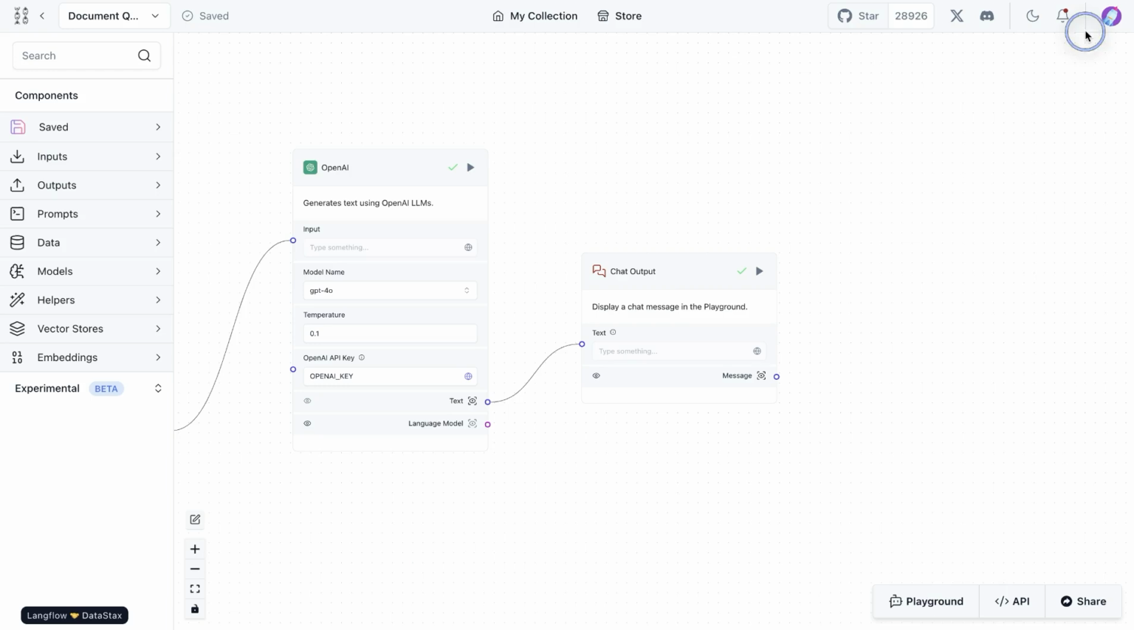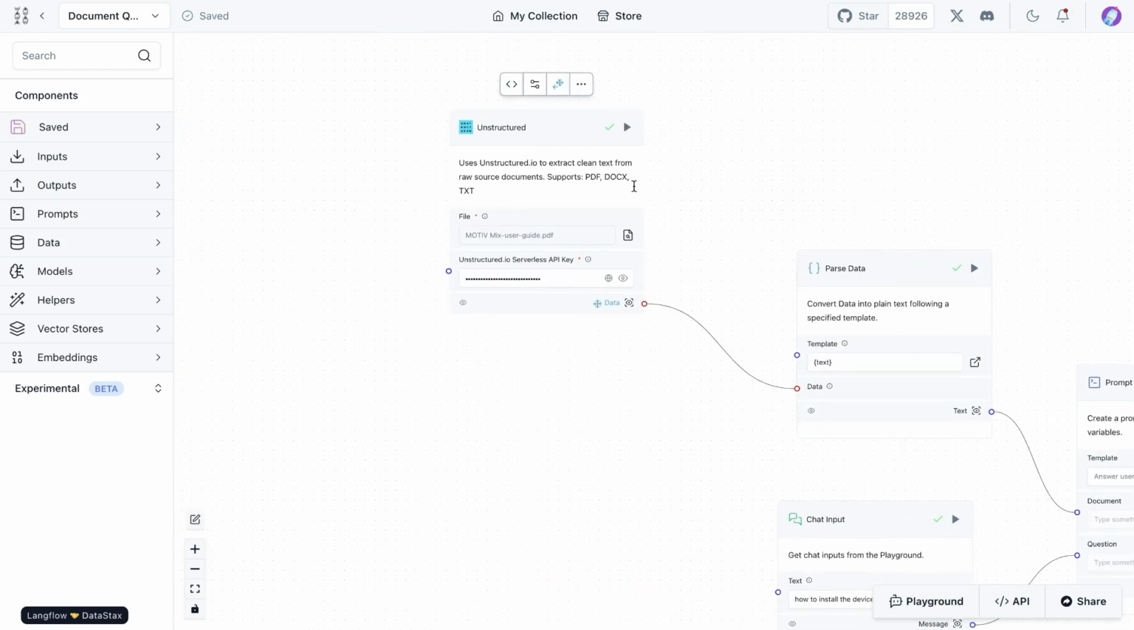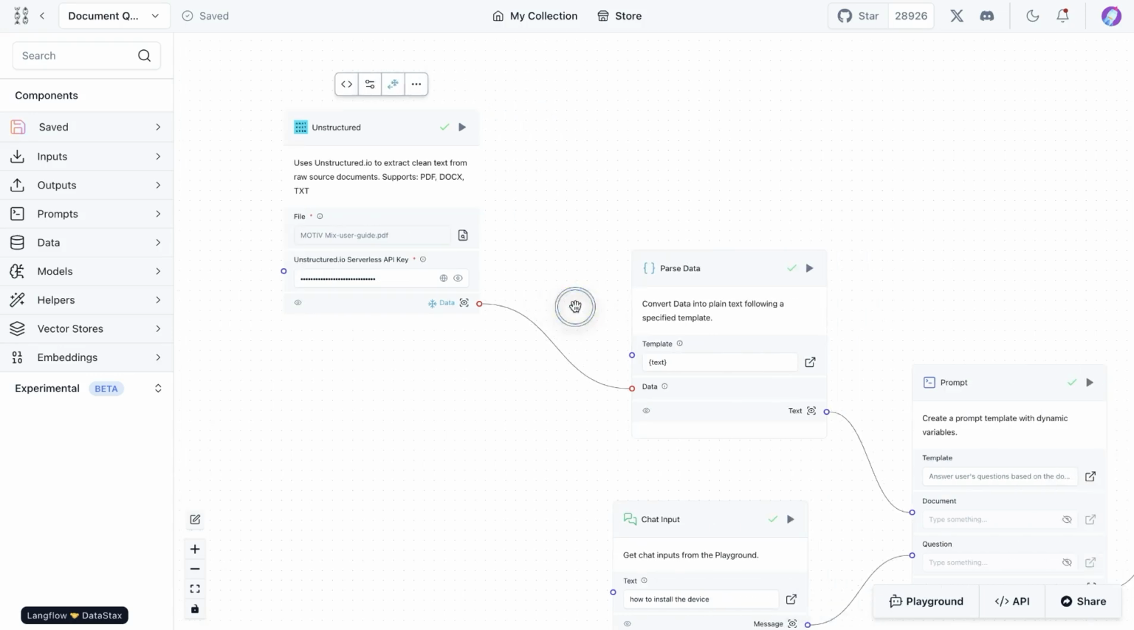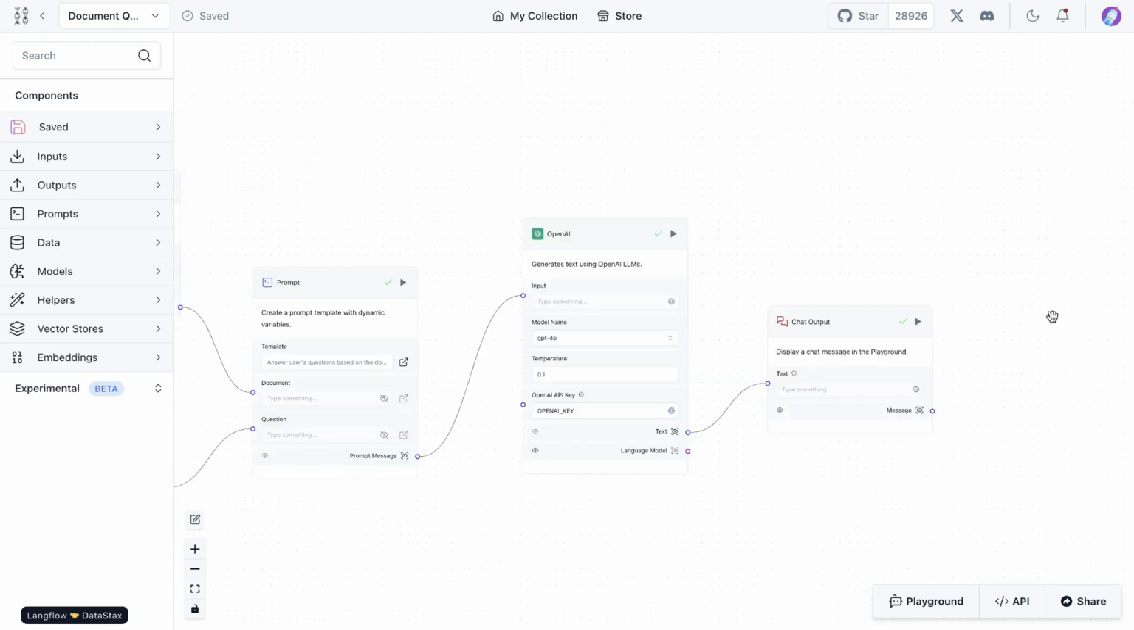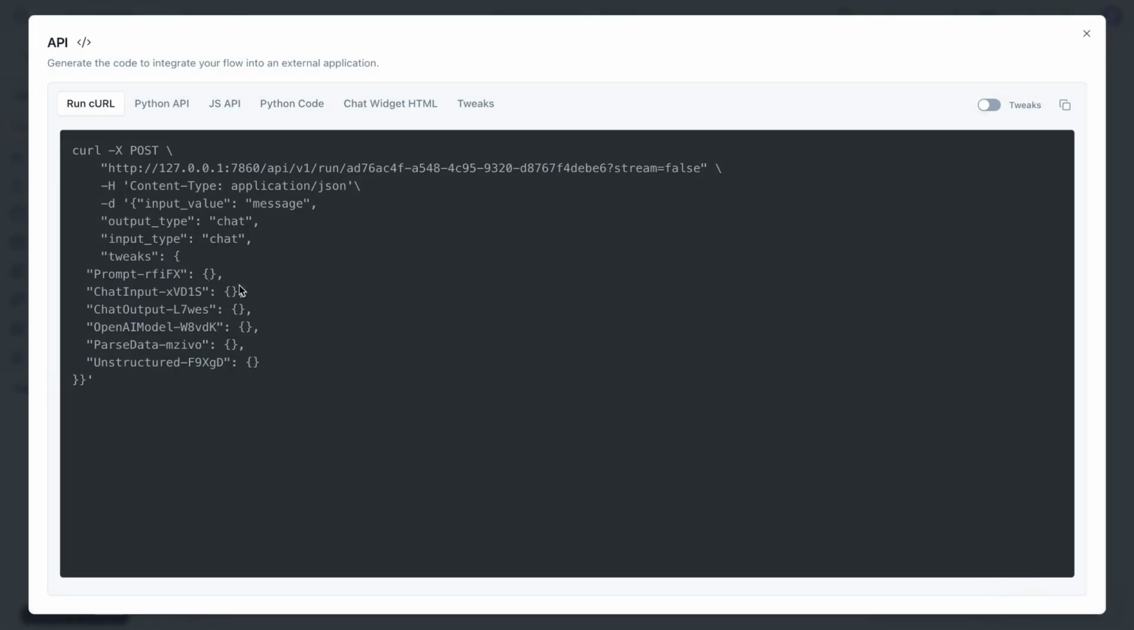PDF. And the good thing about using unstructured is there are multiple file types that you can provide, and regardless of the file type, it calls the API, extracts the text and the visuals from it, and then passes it through the flow. And in case you're building an application that uses the API, you could go to the